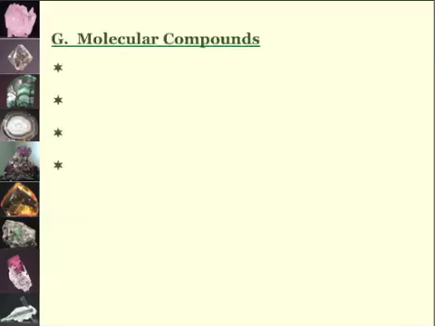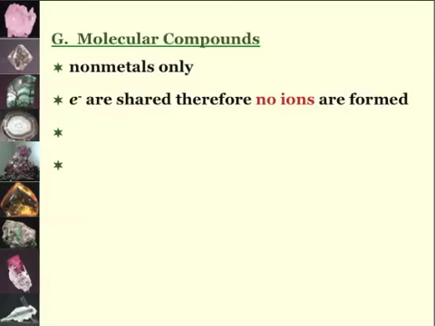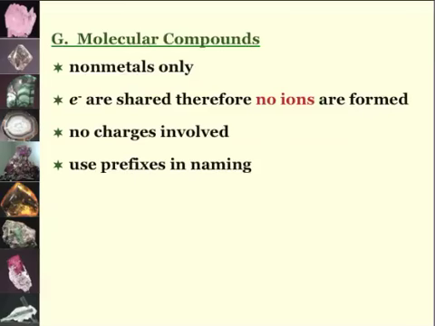Okay, so now we're going to talk about molecular compounds. Molecular compounds are made of non-metals only. Therefore, the electrons are shared and there are no ions formed. Okay? There are no charges involved, and because of that we use prefixes in naming, because we can't balance it out. There's nothing there that is going to tell us exactly how many atoms of each particular thing is in our